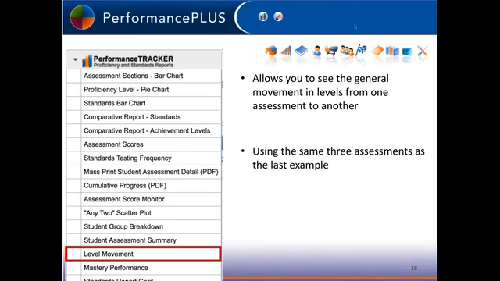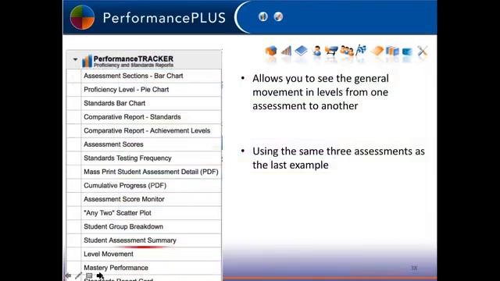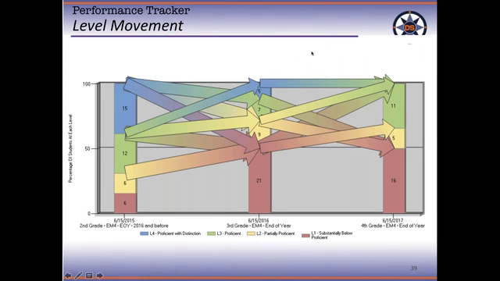This next report is called the level movement report. And if we go back a page, I talked about this student who was a level 4 went down to a level 3, went up to a level 2. That's called level movement. His levels moved. So now if I go to this level movement report, I'm going to see that in an aggregate. So I'll see it in groups. It's a crazy looking report, so be ready. Looks like a cartoon almost to me.